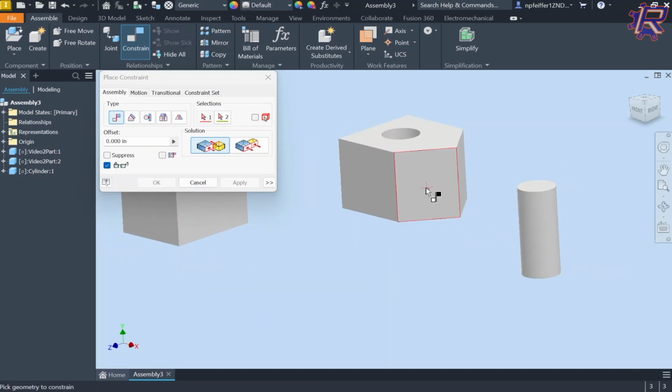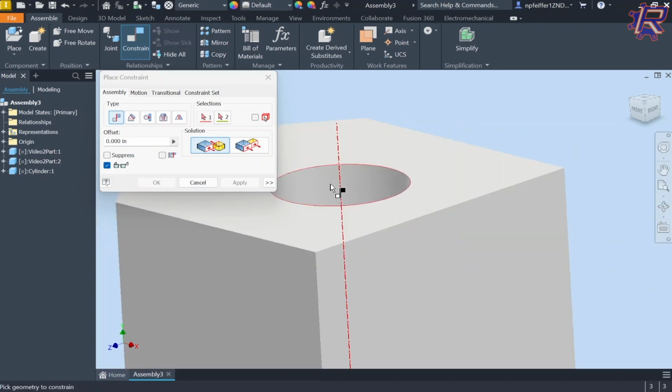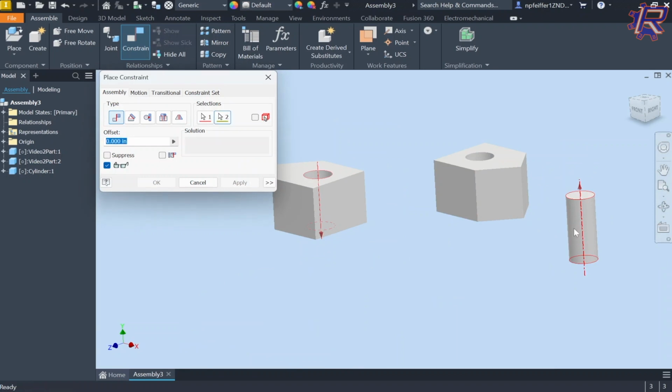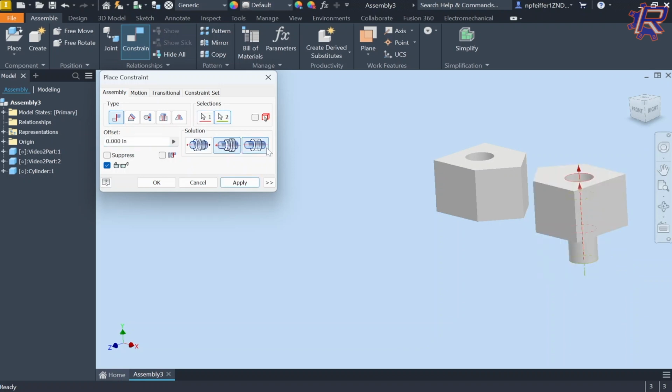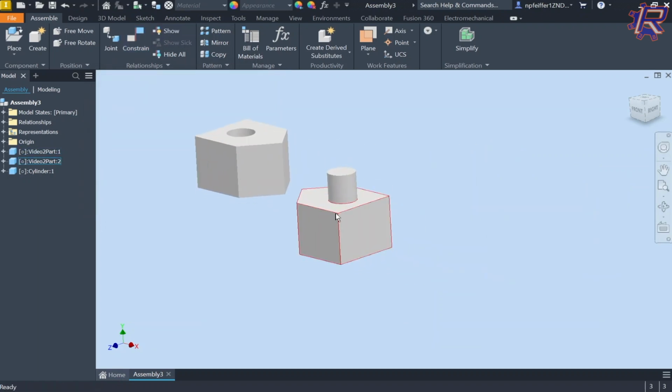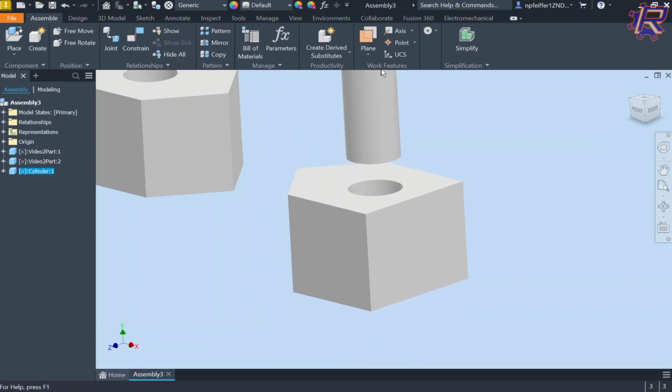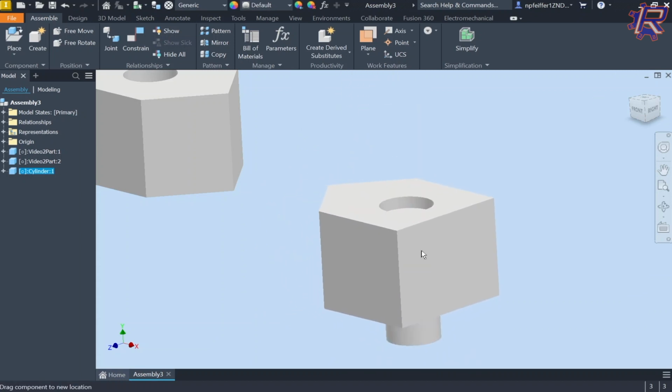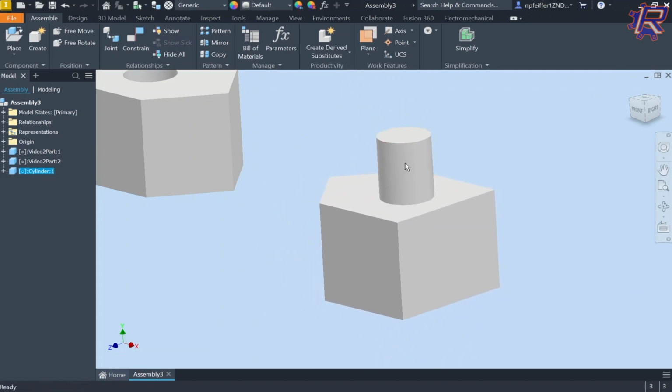So if I wanted to put this cylinder right in this hole, I could select this axis, and you'll notice that we have 3 solutions this time. It's kind of like a normal, flipped, and whatever this thing is on the side. In our case, it doesn't matter which one we choose. So I'm just going to click the first one,